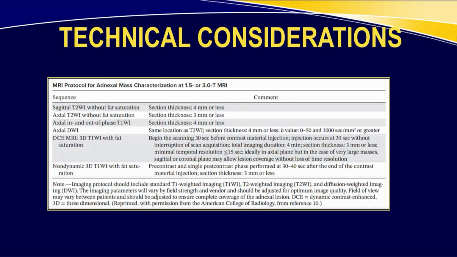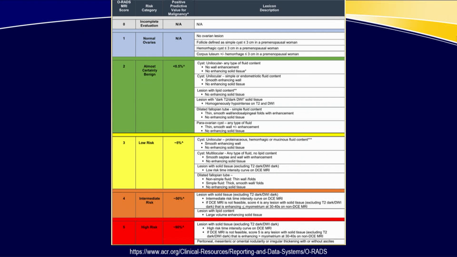If you don't have the ability to do a dynamic contrast-enhanced study, then you have to do a pre-contrast axial T1 weighted fat suppressed technique, give contrast and wait about 30 to 40 seconds post-injection to acquire your post-contrast imaging sequence. This is what the O-RADS table looks like if you go on the website, if you look in